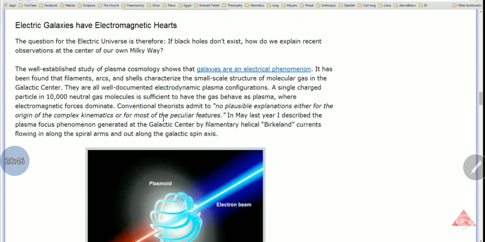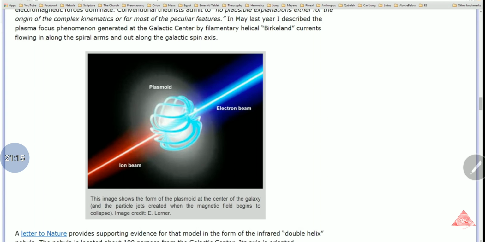So right down here, I'll just read this part. The question for the Electric Universe is therefore, if black holes don't exist, how do we explain recent observations at the center of our own Milky Way? The well-established study of plasma cosmology shows that galaxies are an electrical phenomenon. It's been found that filaments, arcs, and shells characterize the small-scale structure of molecular gas in the galactic center. They are well-documented electrodynamic plasma configurations. This map here